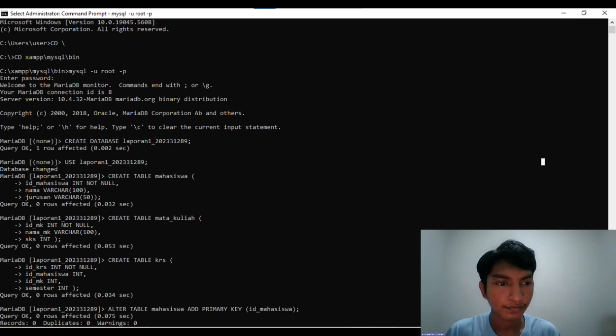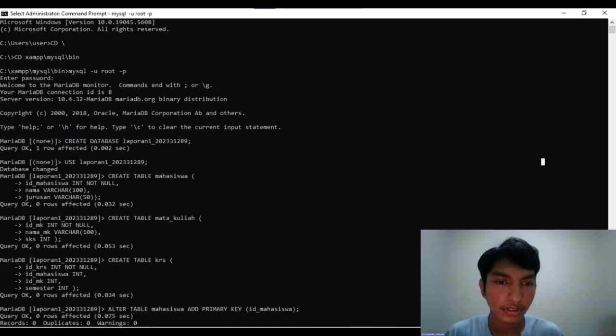And then adding primary keys. The first is alter table mahasiswa add primary key. The second is alter table mata kuliah add primary key.